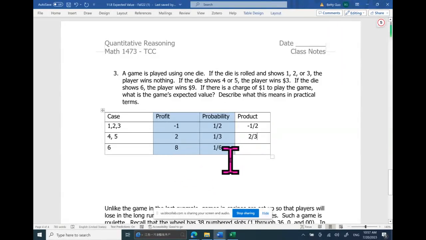You multiply 8 by 1 over 6, you get 8 over 6. 8 over 6 simplified, we have 4 over 3. Let me double check in case. 8 over 6, 4 over 3. Correct, 2 over 3. And that is negative 1 over 2. Okay, so the expected value